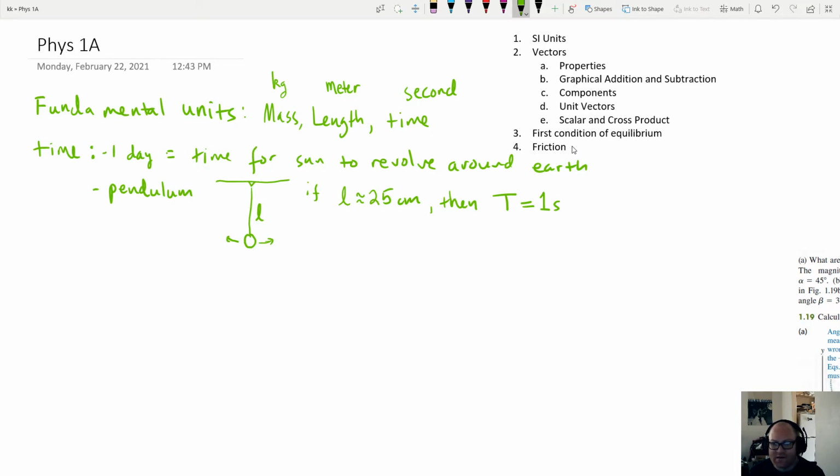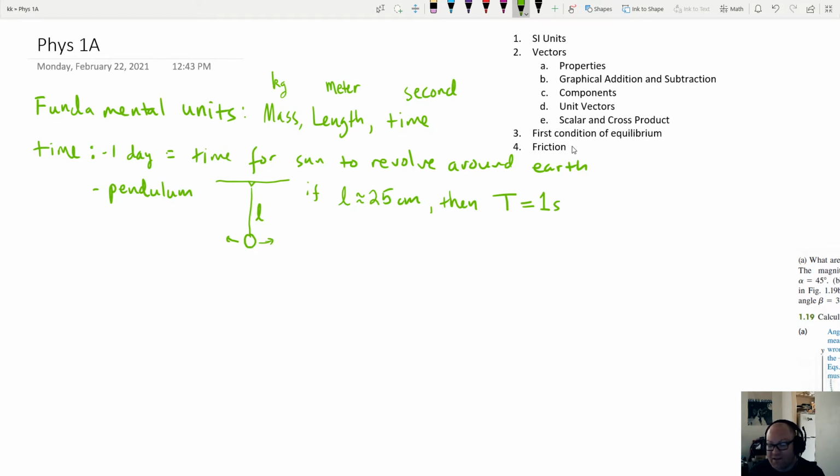Now, this again, it's a really good definition. You could very specifically construct pendulums to be a certain length, and this is a really good way to measure time, right? You could actually use this like a metronome. A metronome is another example of the same idea. You could easily use this to actually time things, right? Like, for example, if you were Galileo and you were trying to time how long it takes for balls to roll down hills so that you can measure the acceleration due to gravity,